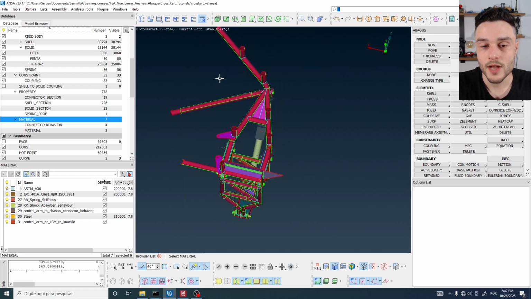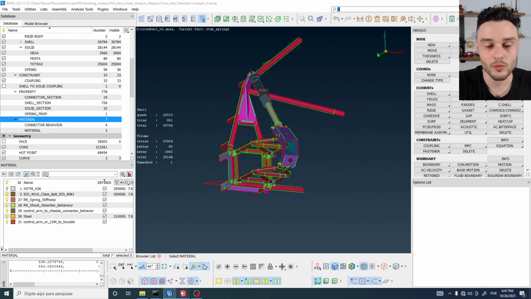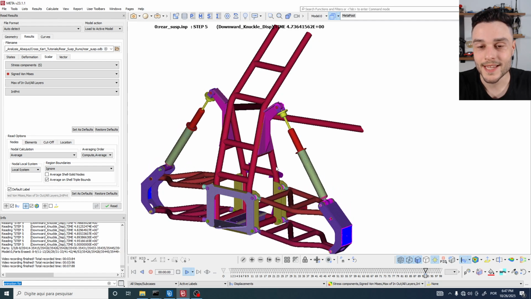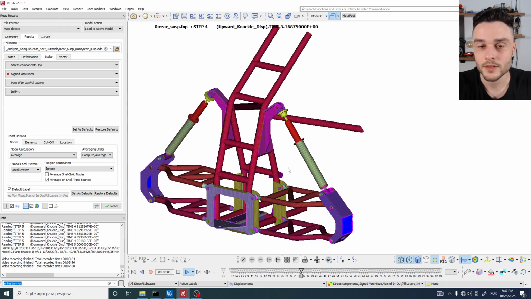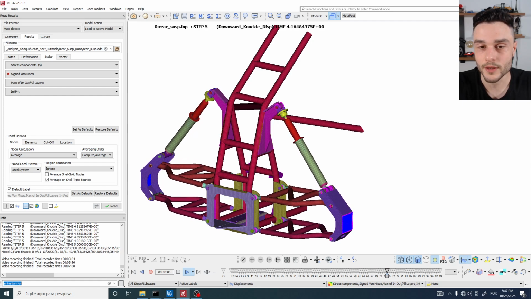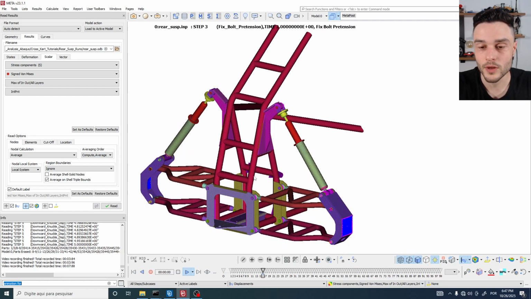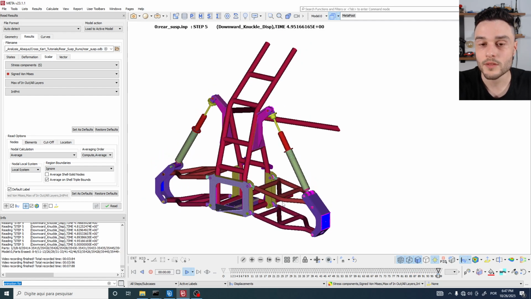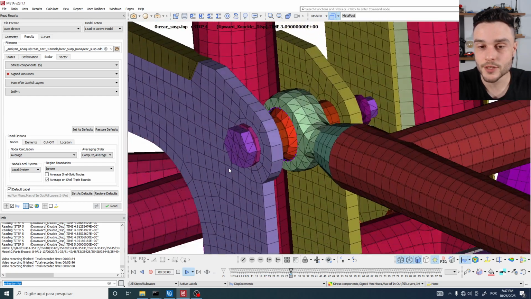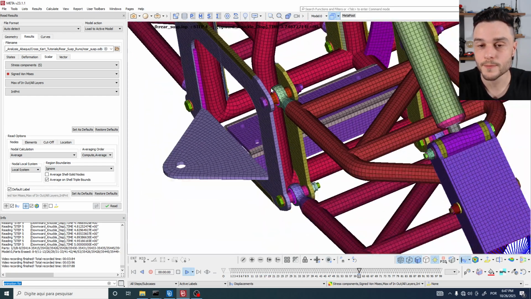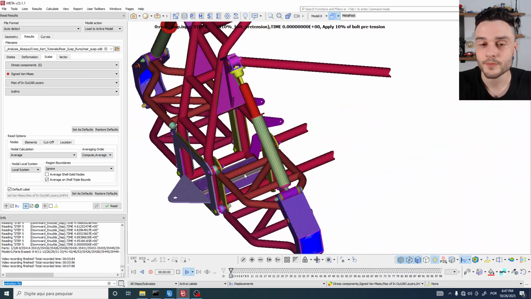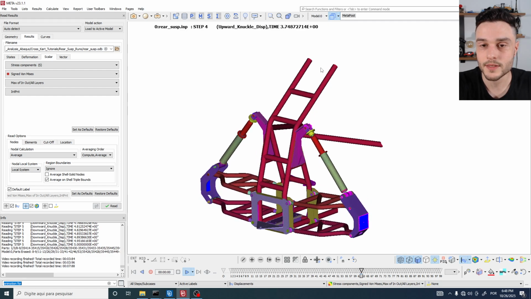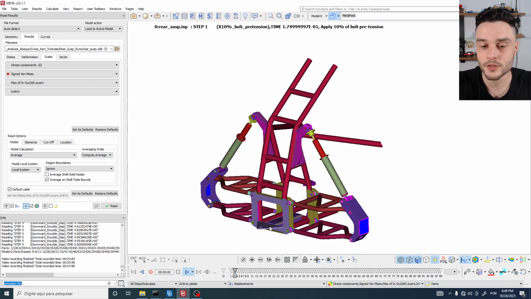Okay, so guys, what you see here in this animation is just a test that I have performed to check if this mechanism is working. And you can see that it's working pretty well, right? In this test, in the first steps, I have applied bolt pretension. We have many bolted connections. Everywhere we have bolts. You can see both sides of these because I have applied a symmetry visualization tool here